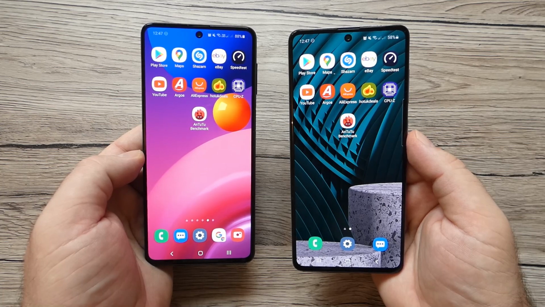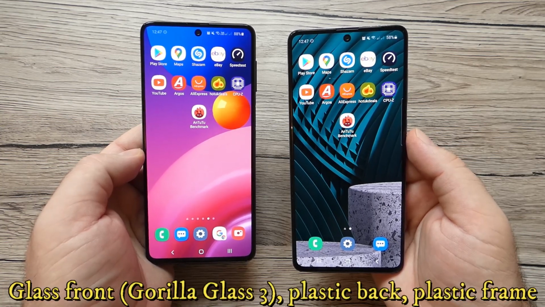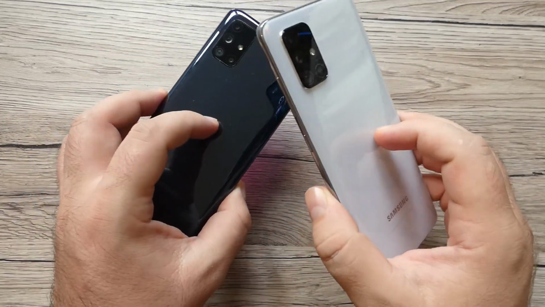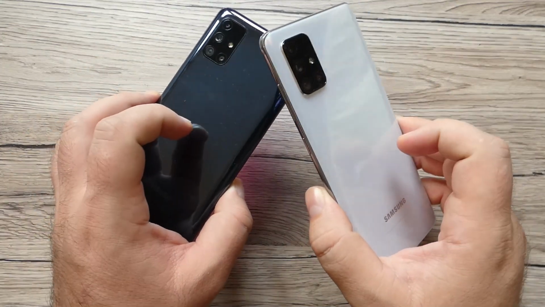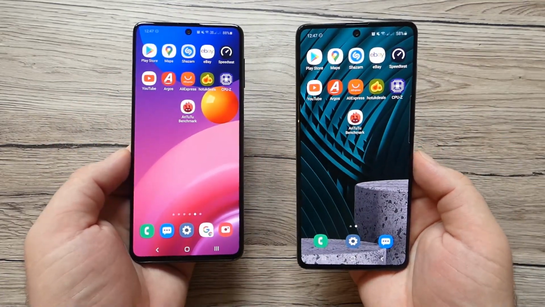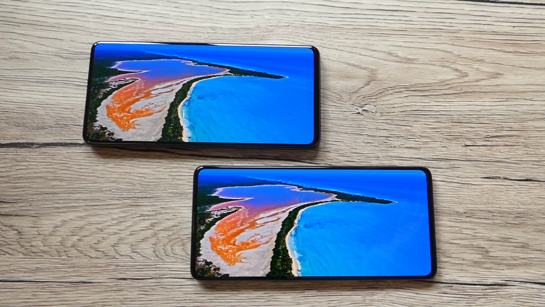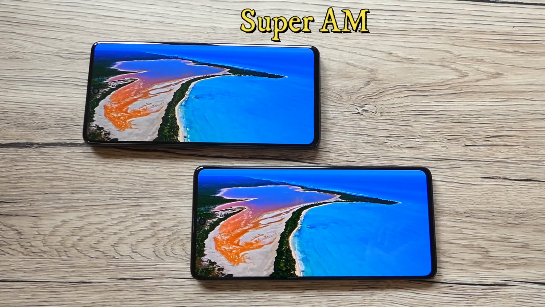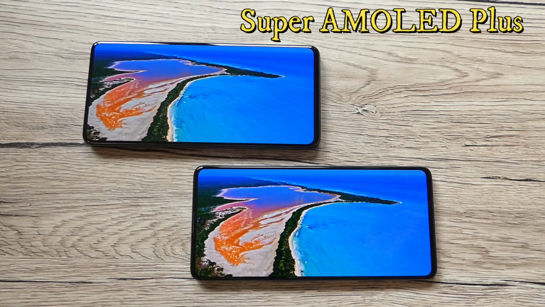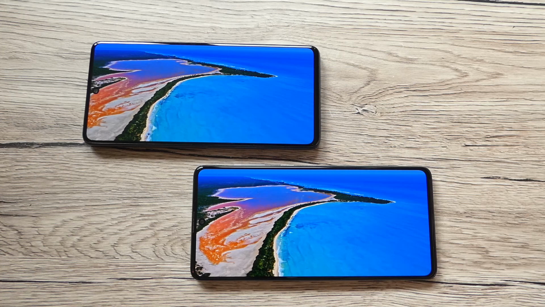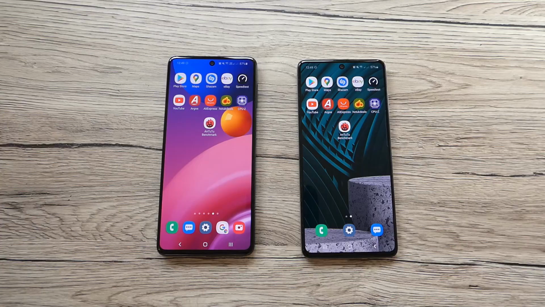For protection we got Corning Gorilla Glass 3 on the front, but on the back, on both devices, plastic, and the frame is also made from plastic. Moving on to the display, both devices come with a Super AMOLED Plus 6.7 inch display with Full HD Plus resolution and 393 ppi density. Moving on to the OS, both devices come with Android 10,